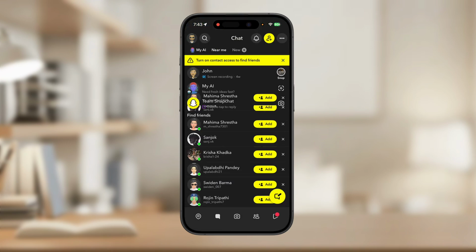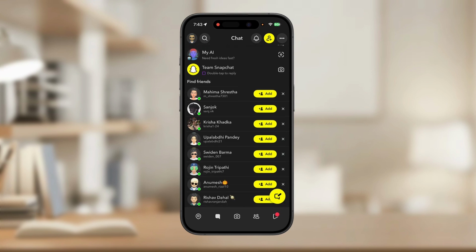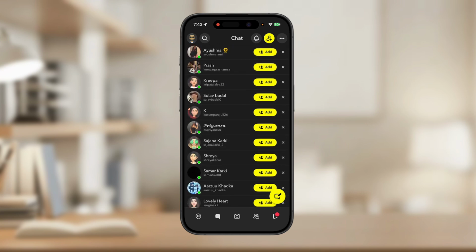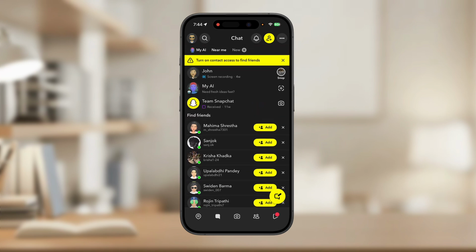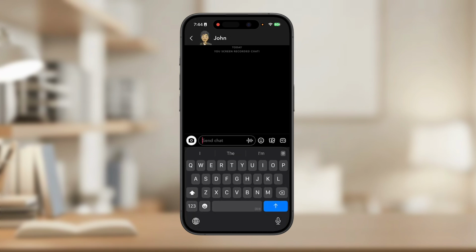So if I go to the message section, this is going to be where all the people I can simply go ahead and add. And if I want to send snaps, I can simply go ahead and send snaps. Okay. If I tap on a specific individual, let's just say this one. Now this is going to be the screen. Here you can write any messages you want to and simply go ahead and click on the bottom right send icon and send it. So for example, if I write hi and send it, it's going to be sent right